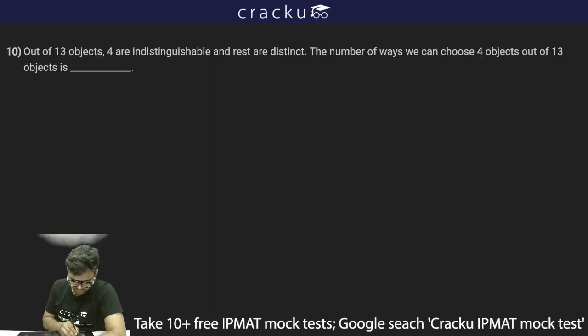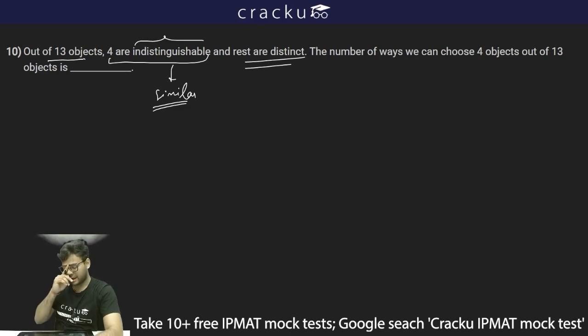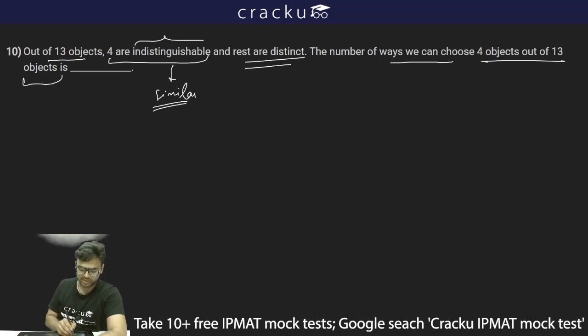Next question is given: out of the 13 objects, 4 are indistinguishable. So indistinguishable means they are similar. 4 are indistinguishable means 4 are similar, and the rest are distinct. So the remaining 9 are distinct. The number of ways we can choose 4 objects out of 13 objects is, so 4 objects out of 13 objects. Now if there are 4 similar objects,